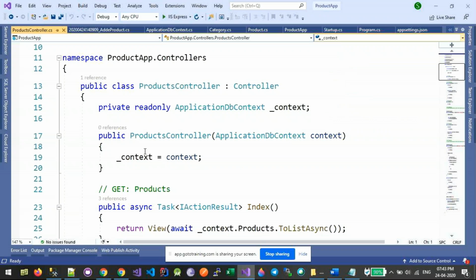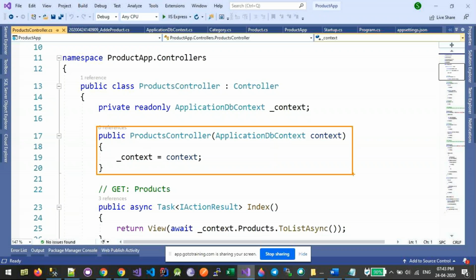And this is very important. If you see here in the constructor of this ProductsController, we are injecting a context object. Notice that I have not created the context object explicitly.